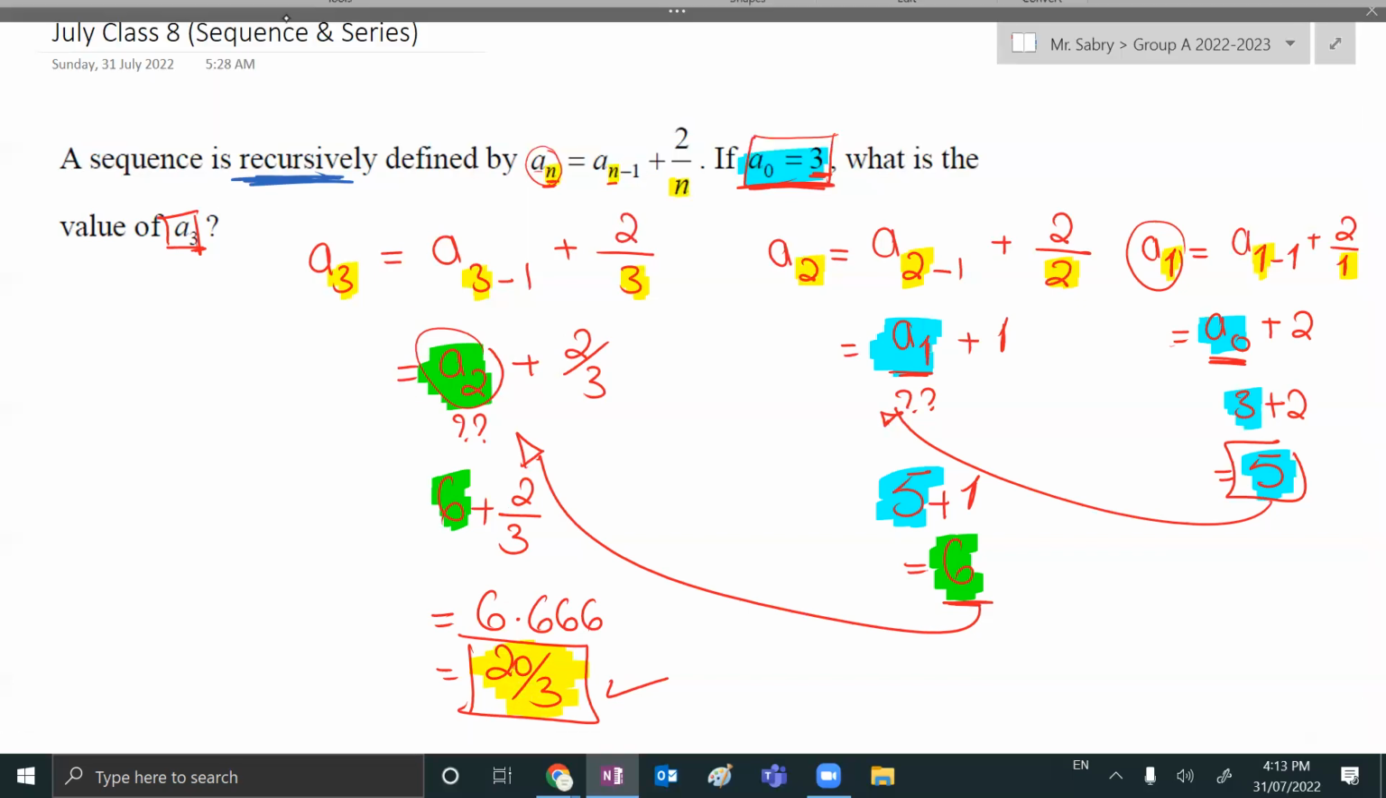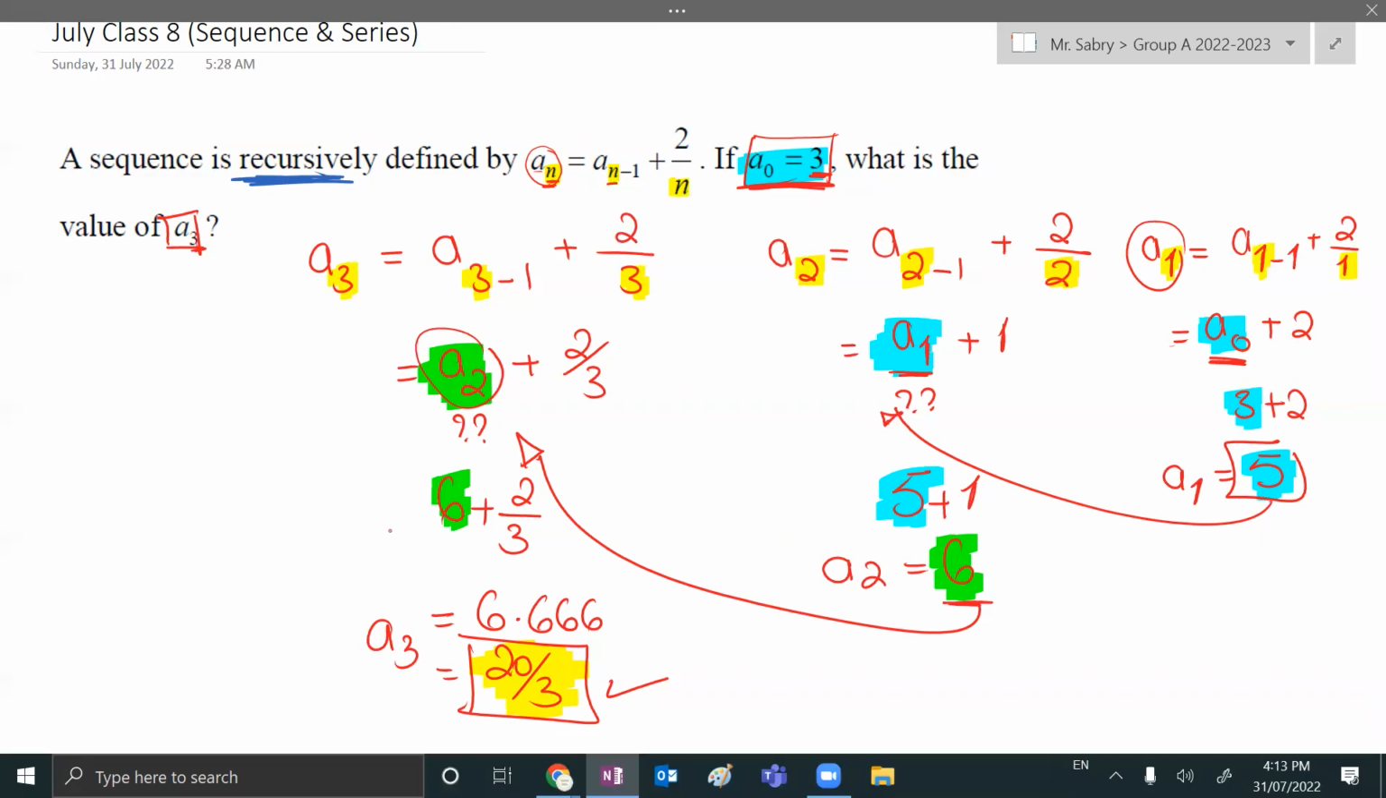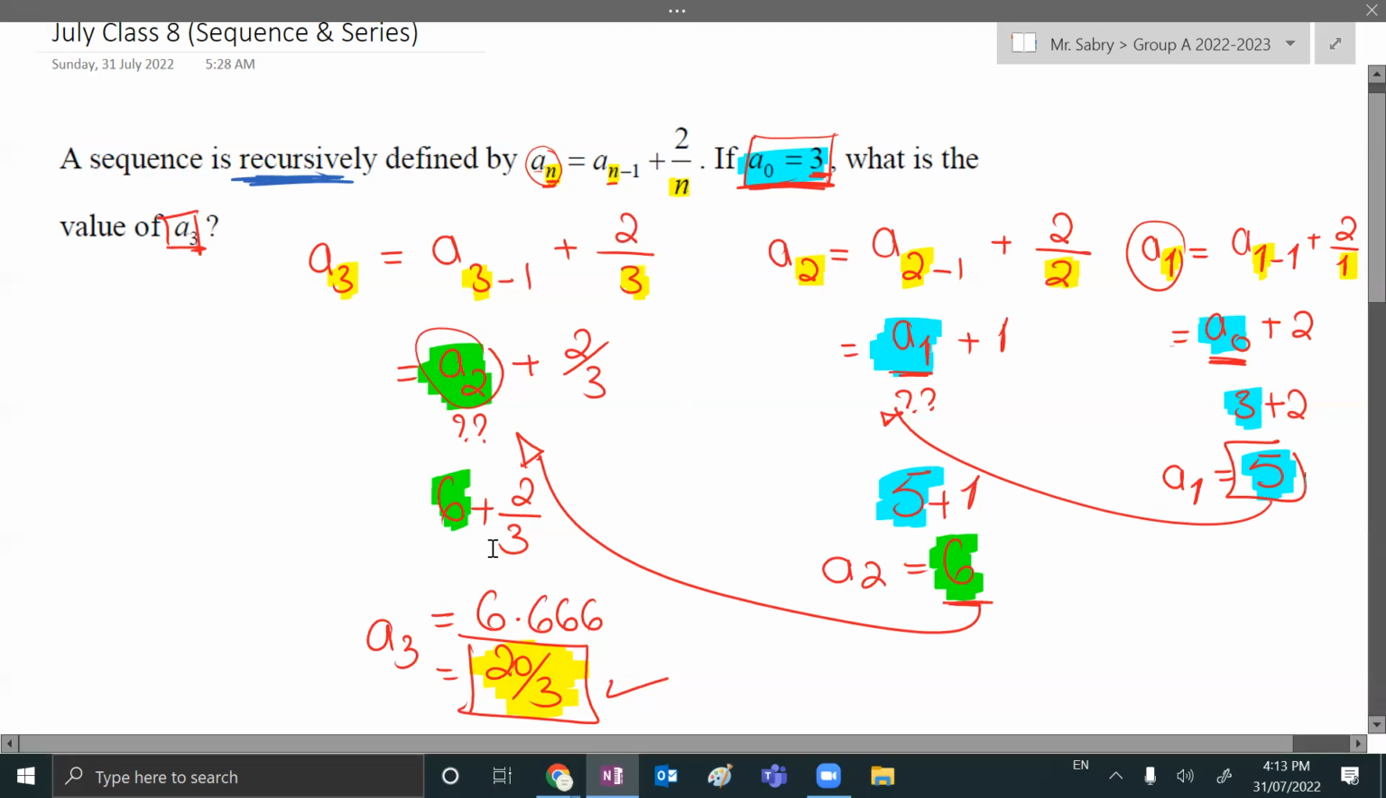خليني برضو احاول ارتبها شويه for everyone to understand. محمد still don't understand anything? لا لا ليه يا حبيبي؟